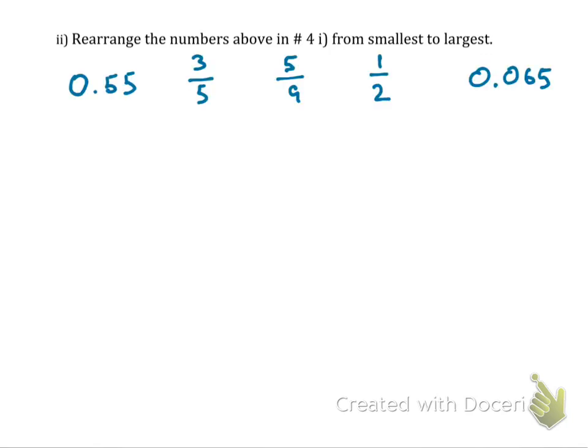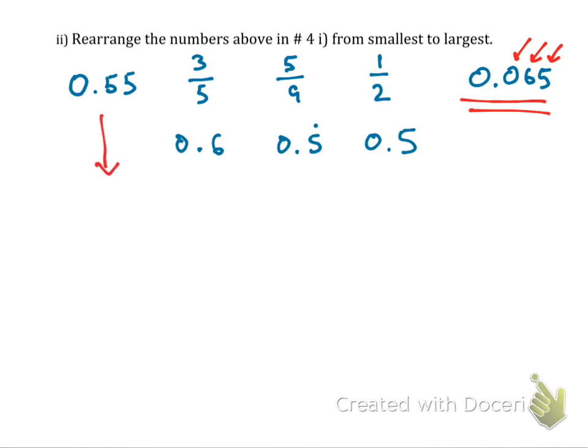So here are the numbers that were on the previous page, and just as a reminder, we can rewrite 3 over 5 as 0.6, 5 over 9 is 0.5 repeating forever, and 1/2 is 0.5. So we just want to rearrange these numbers in the correct order. One thing that may help, it's a little confusing when you see numbers that all look similar. Since this last number has the tenths place value, the hundredths, and the thousandths, maybe you want to also have a few decimal places after the other numbers to make this a little easier to compare. So for example, 0.55 can be rewritten as